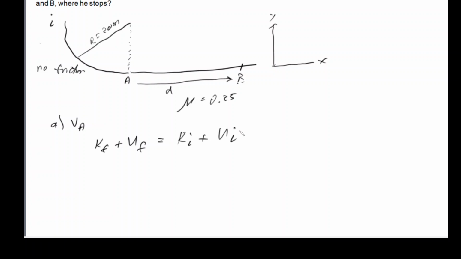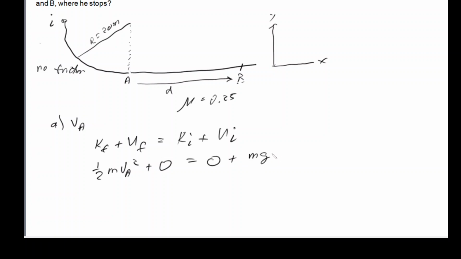Since there's no friction, it's all mechanical energy. So let's put in the values. 1/2 mVA squared plus 0. There's no potential energy at A because it's our 0 reference point, is equal to 0 kinetic energy because it starts from rest, plus